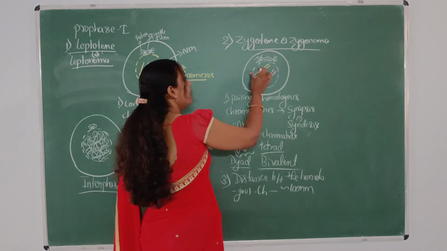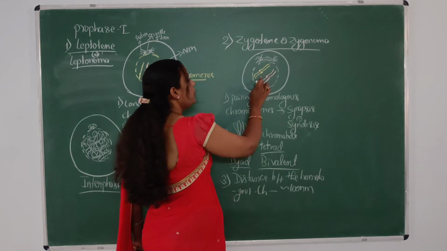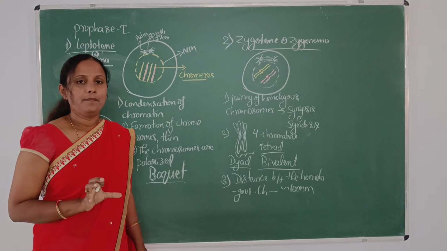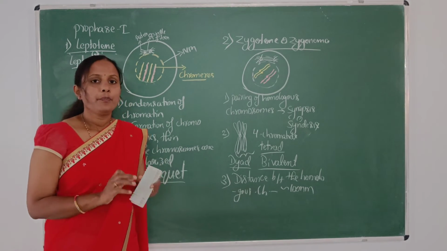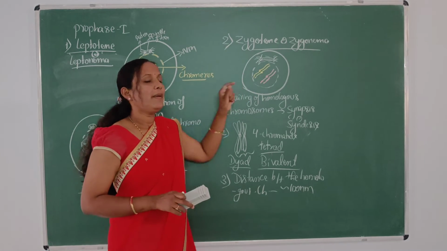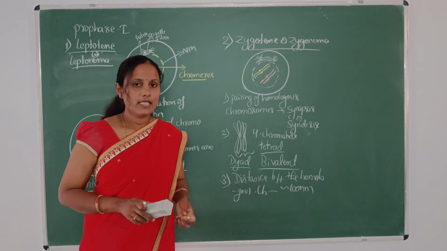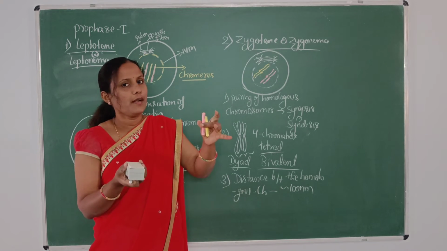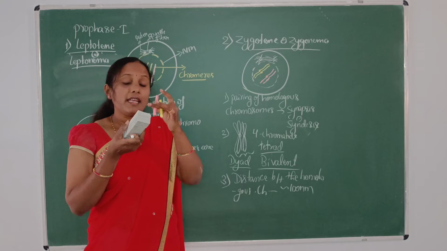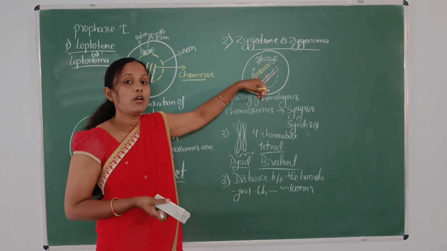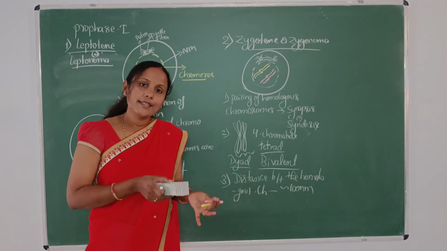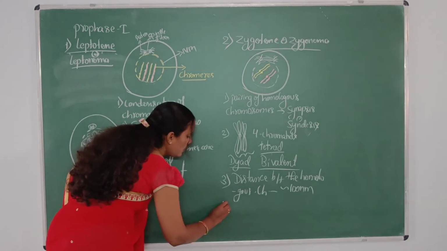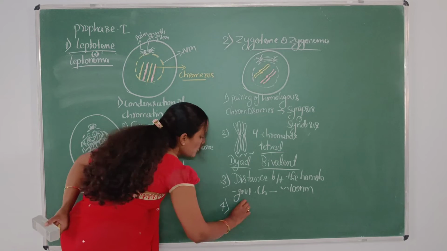And here the homologous chromosomes are present in the nucleoplasm. That means it is a liquid. So there is a chance of separation of these chromosomes, right? So if we suspend something in a liquid, they get separated, they will not stay together. But even so, the two homologous chromosomes are present together in the nucleoplasm because of the presence of a